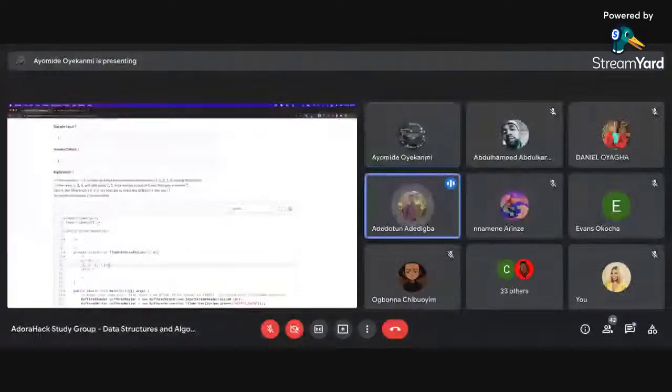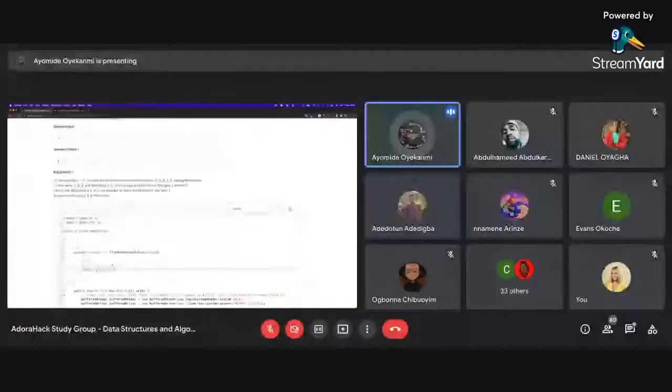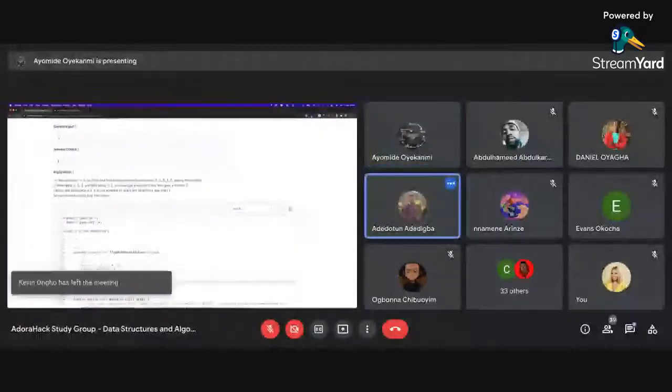So the contiguous sum will be 0. So when we're looping through the array, we keep adding the